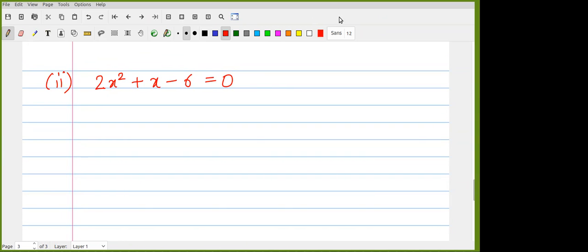No. Right? So in this case, we have to do something. Usually we say that after multiplication, I must get -6. But this time, what is the coefficient of x square? 2, right? So I will say it is 2 into -6. How much is 2 into -6? -12. Yes or no? Yes, sir. So now I will search for two numbers such that when I multiply them, I must get -12, and when I add them, I must get 1, because the coefficient of x is 1.